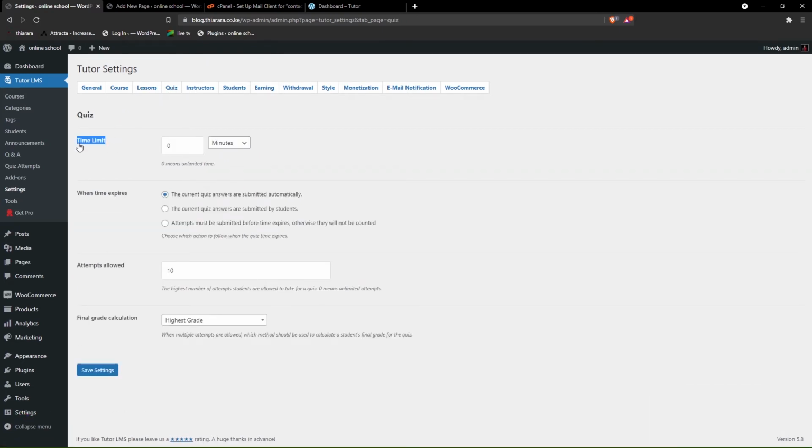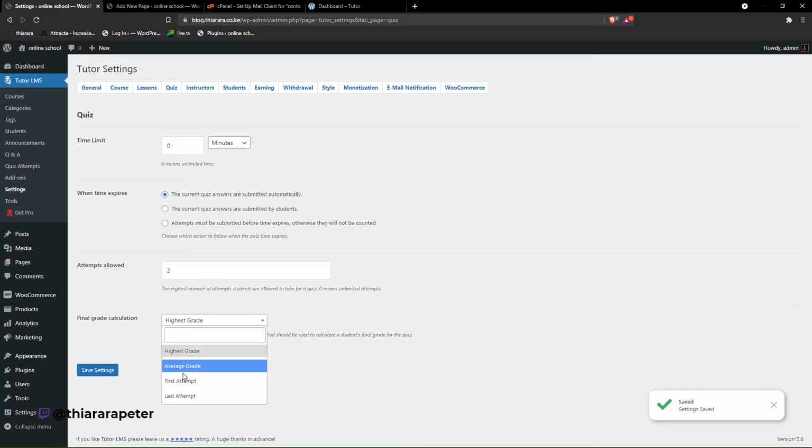We have time limits. You can enable a time limit for the quiz, but you only need to enable this automatically. About this one, we did check it on the other end when we were setting up the wizard. So now we have the attempts. We only have the highest grade, but you can change maybe